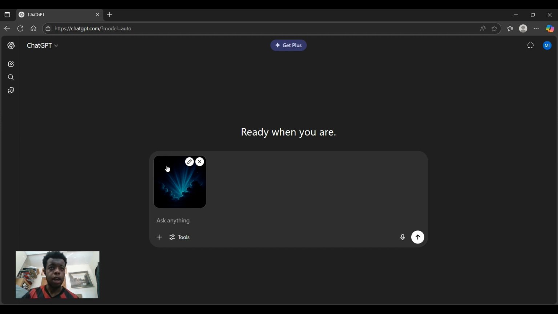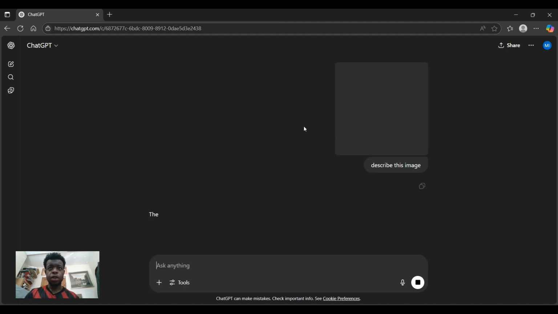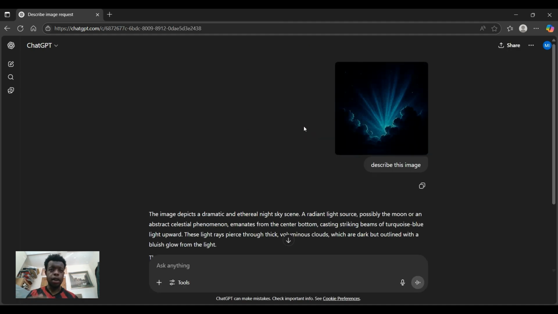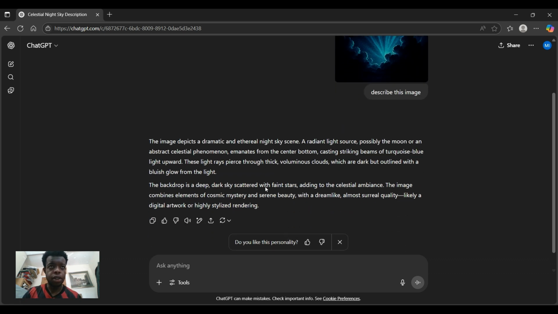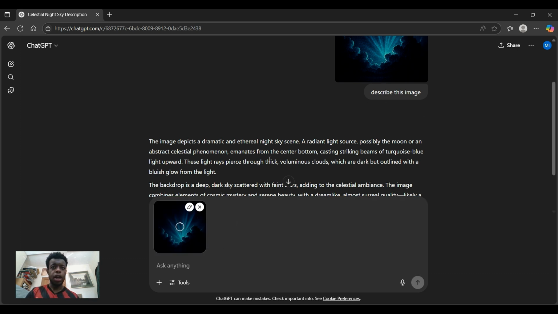So I've got an image reference here to something similar. It's best to curate or find some example images or inspiration images that will make the process a lot easier. So I'm going to simply ask ChatGPT to describe this image for me, so that we can get a feel for the type of prompt we need to insert and inject. Okay, so it's delivered the prompt here, or description. Okay, so now we can copy this as a reference,